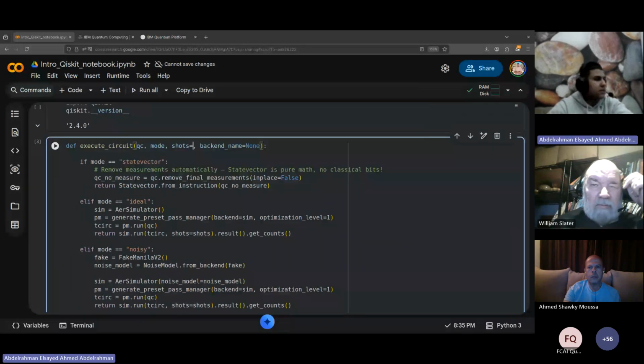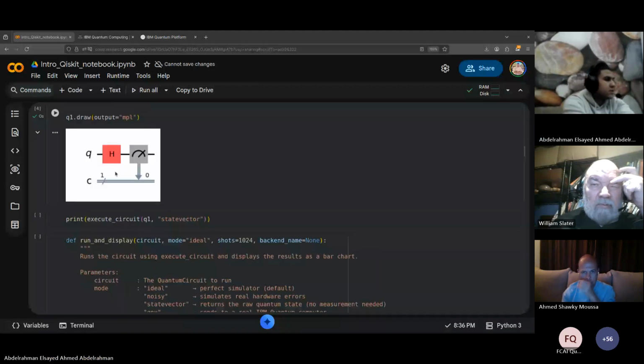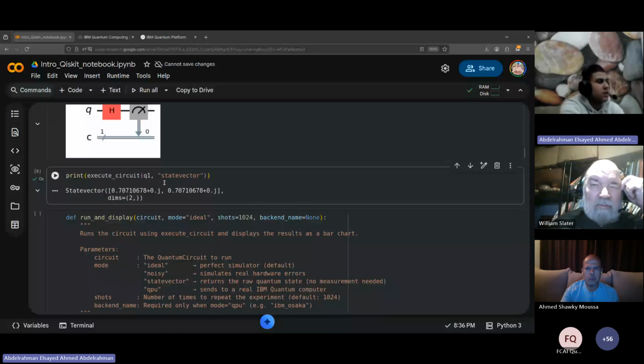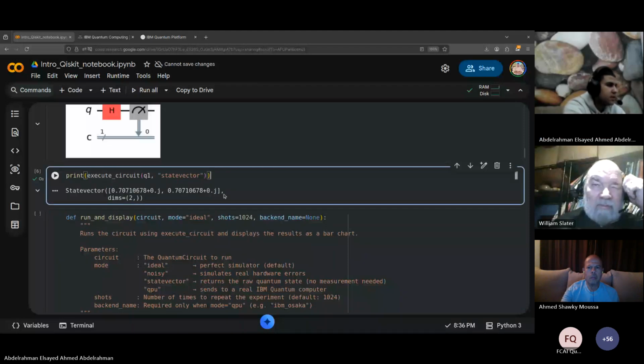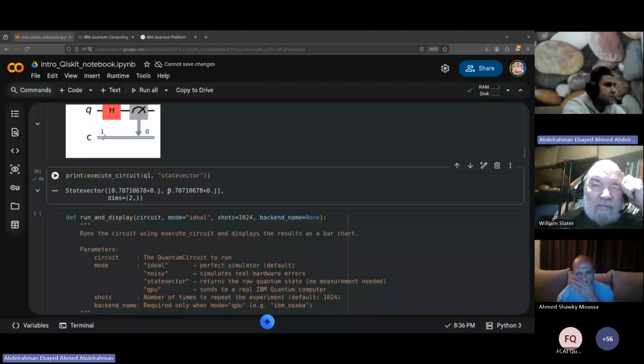Let's just add a default value. So this is our output. We execute the circuit using state vector mode. So the output is a vector, a 2 by 1 vector, with